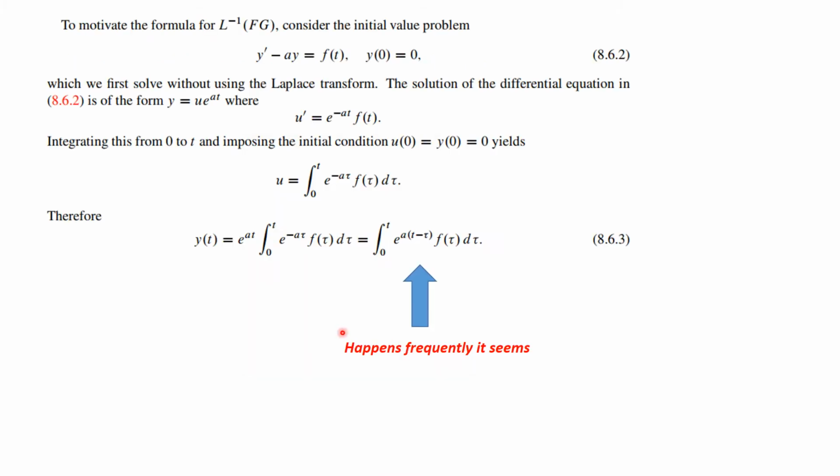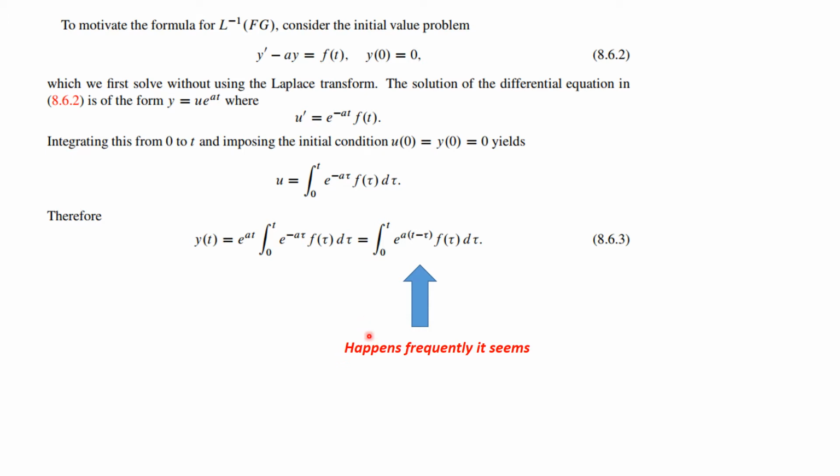Alright, we're going to motivate this formula a little bit with an example, and so we're motivating the formula for the inverse Laplace transform of the product of two functions of s. So let's consider the first order initial value problem shown here, and we're going to solve this not using Laplace transforms, but using integrating factors here, but you see we don't know what f of t is,